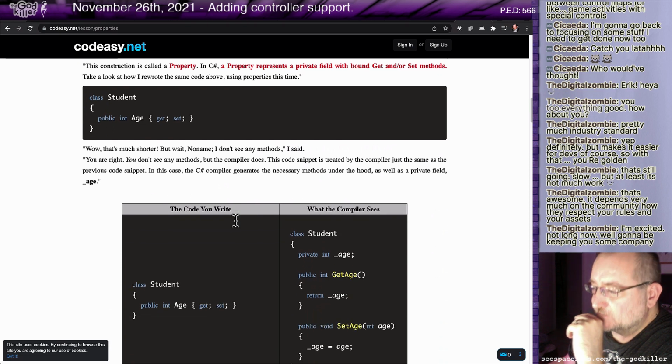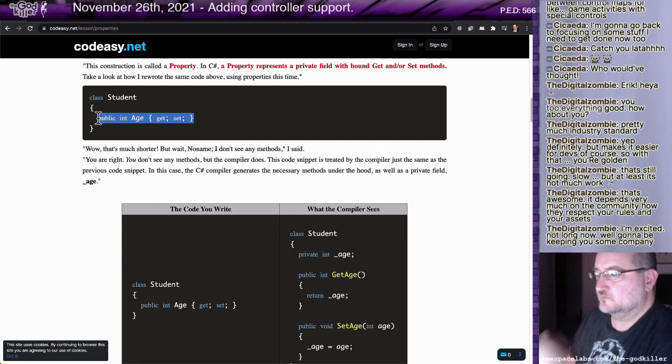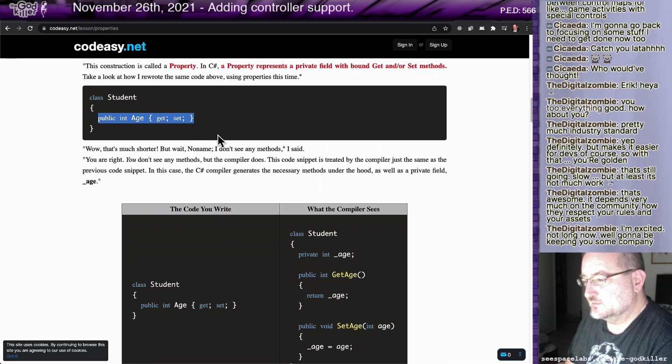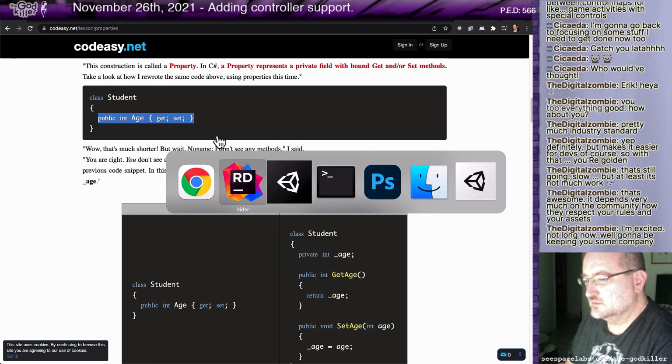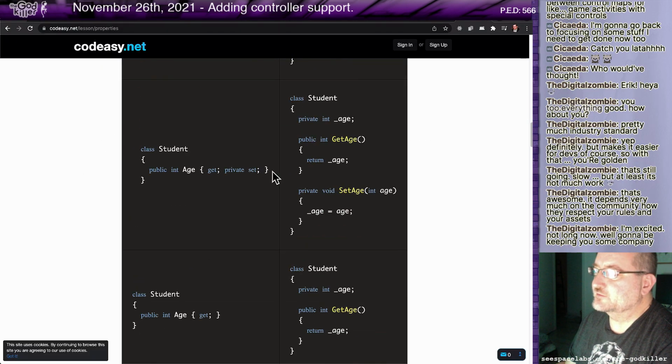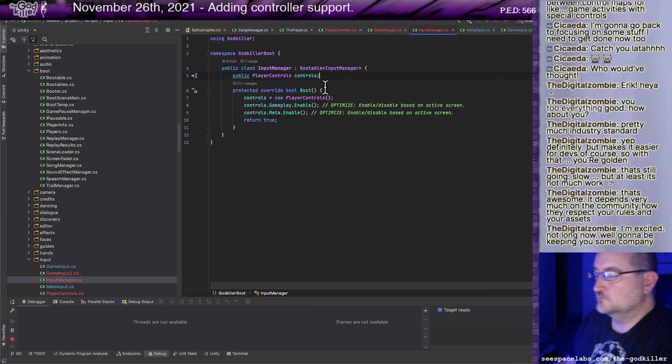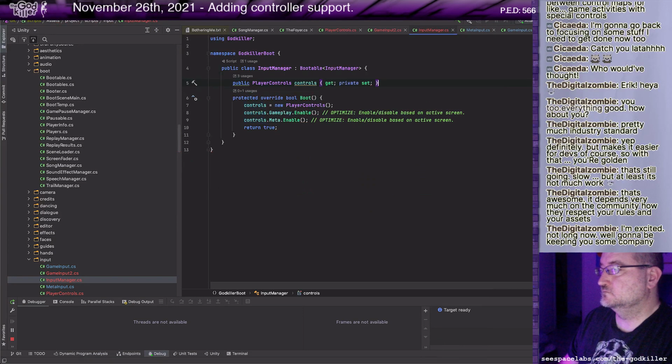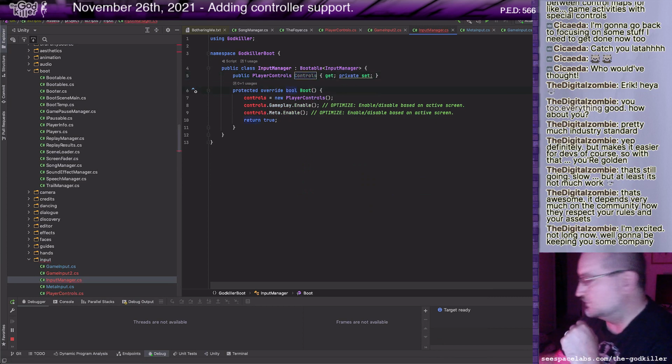So public int age, get. I don't want to set. Yeah, this is what I want. And we'll do this as controls.